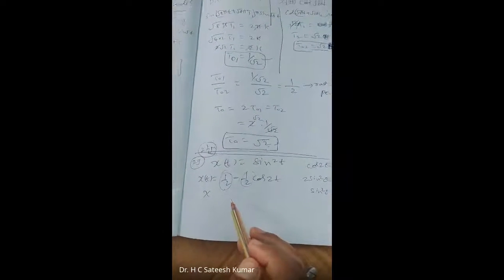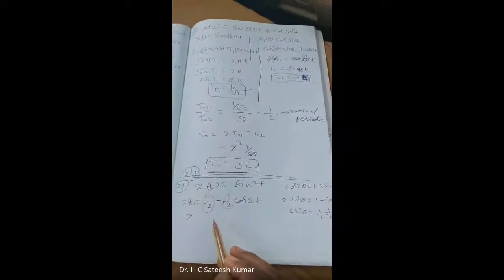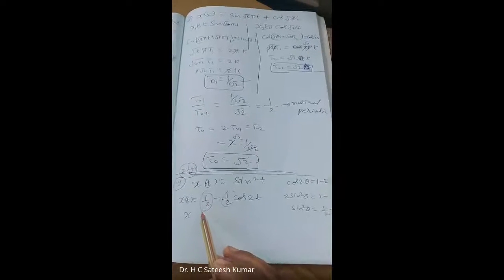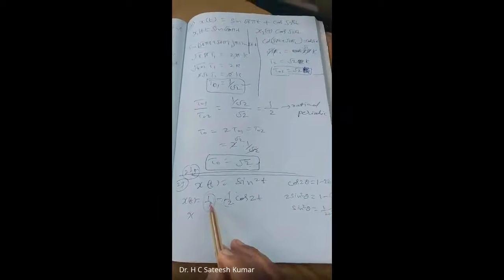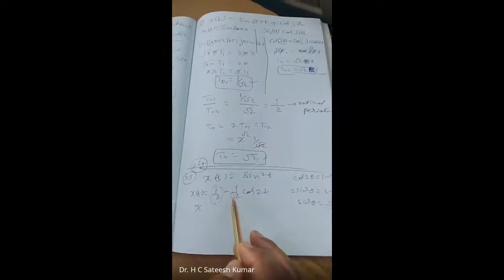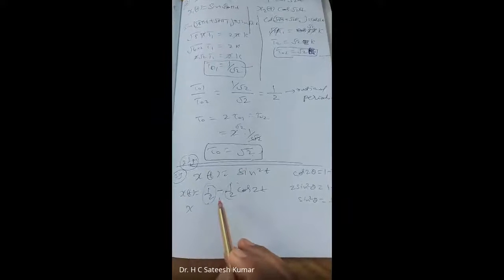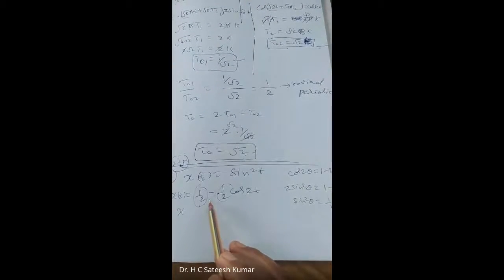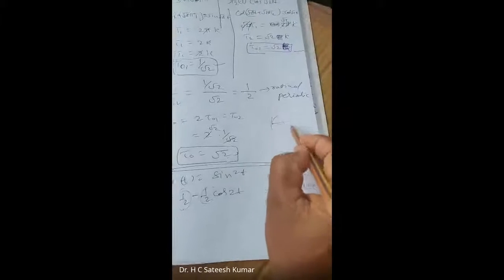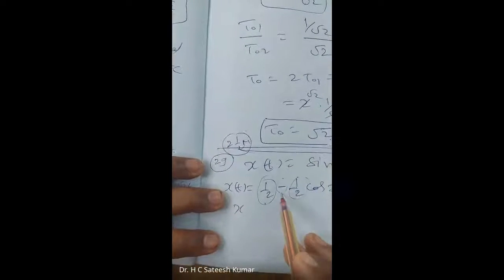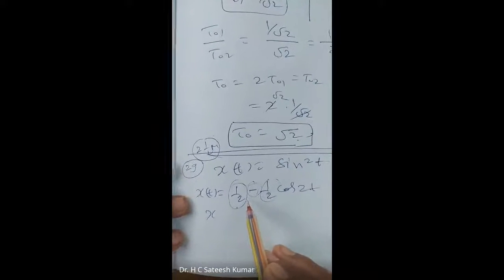Three notes I have given in the beginning on the individual trigonometric functions. All three are involved in this problem. Amplitude scaling will not affect the periodicity of the signal. Sorry, DC will not affect the periodicity of the signal. Phase shift will not affect the periodicity. This minus is nothing but 180 degrees out of phase. The meaning of this is, if the signal is like this, out of phase is this one, shifted by 180 degrees. So DC, amplitude scaling, phase reversal or phase shift will not affect the periodicity of the signal.